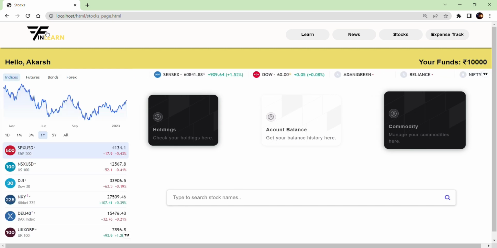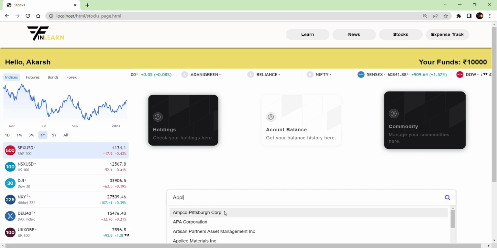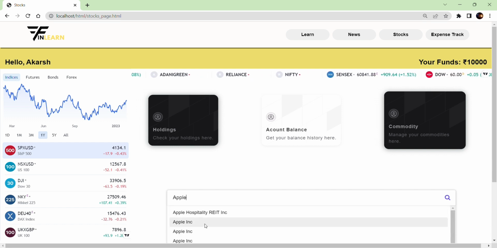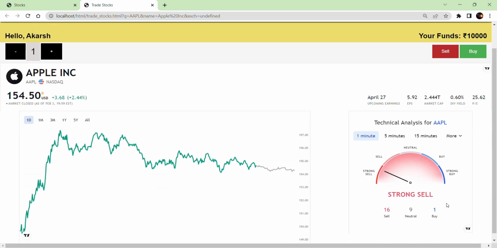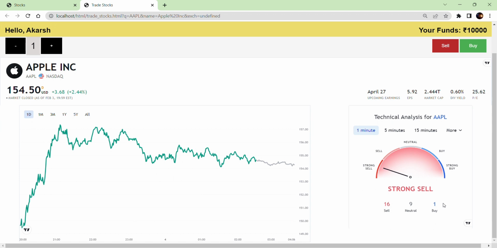So now we are going to buy stocks of Apple. All the data we are seeing is updating in real time, but the data is currently not updating because the market is currently closed. So we'll buy some Apple Incorporated stocks here. I'll search for Apple and go for the search button. The page is loading. Here you can see the page has loaded, and we have the real-time graph of Apple stocks along with